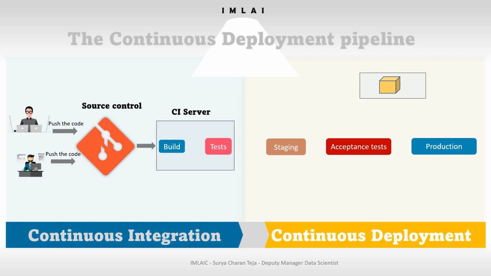Then your Jenkins automation server got triggered, and it has taken the source code from GitHub and built it, and then it has run some tests, and finally it has built